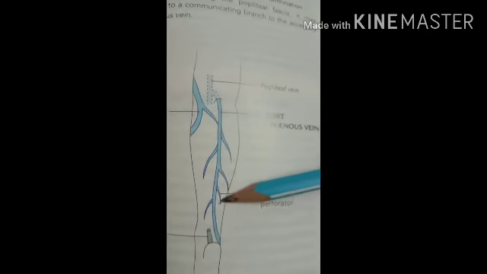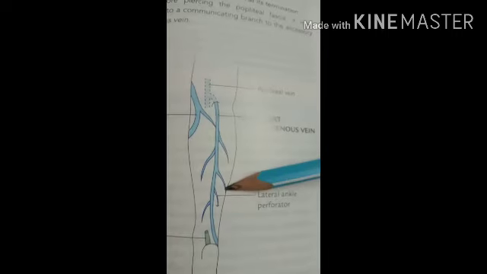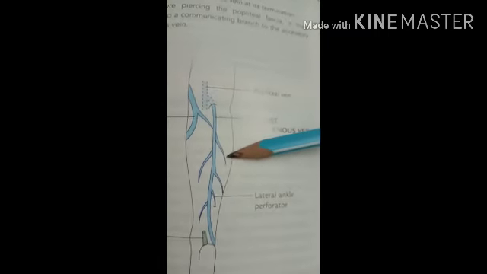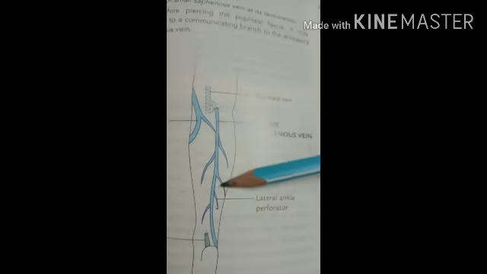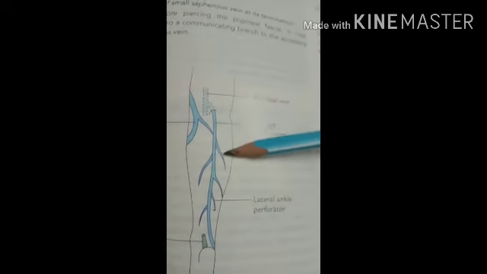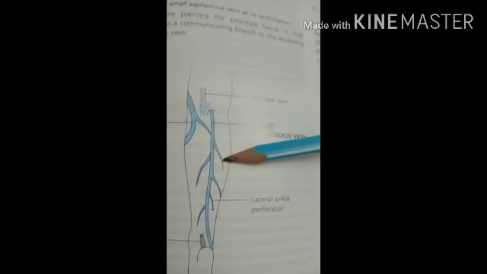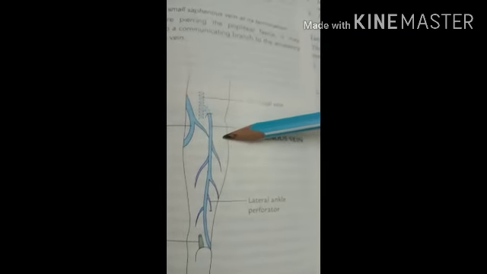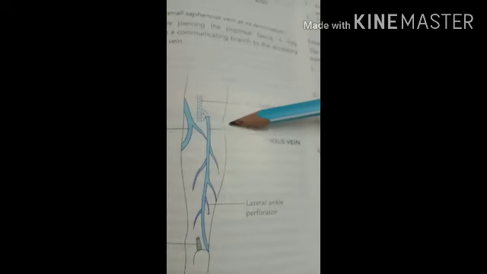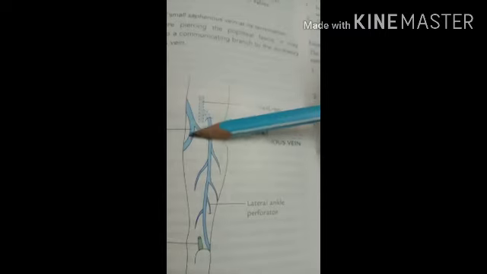Here, along with the lateral edge of the tendocalcaneus, and accompanied by the sural nerve which is present on the lateral side of the small saphenous vein. So here in this region, the sural nerve is present. Thereafter it runs in the middle of the back of the leg, here in this side, and pierces the deep fascia and undergoes the subfascial course between the two heads of the gastrocnemius.